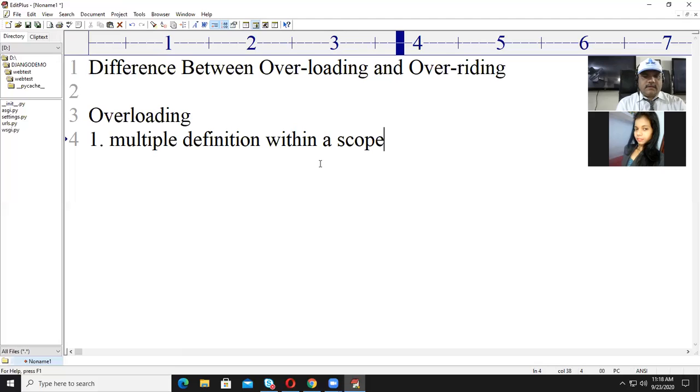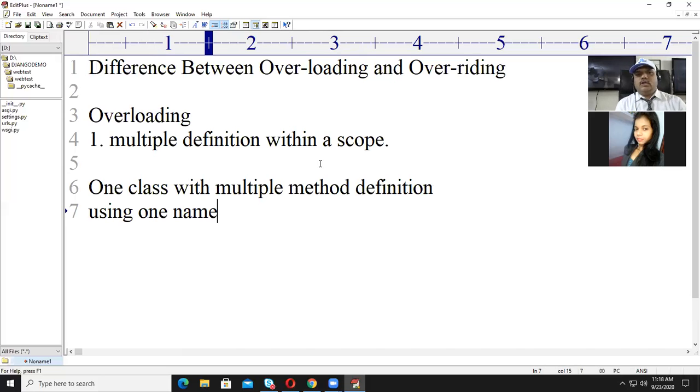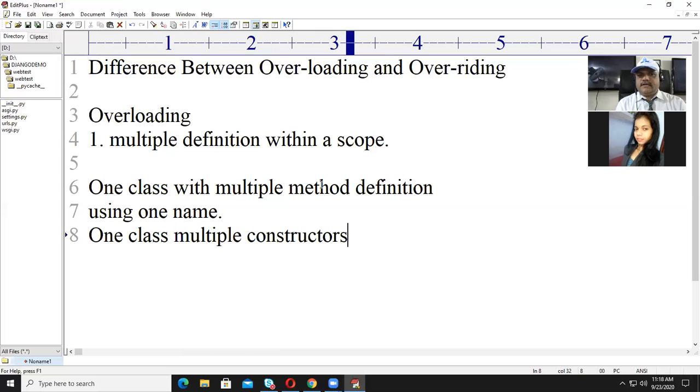It means one class definition with multiple method definitions using one name, that is called overloading. Are you getting me? One class means within scope, if you have multiple definitions, we already discussed this. One class, multiple constructors, that is again constructor overloading.